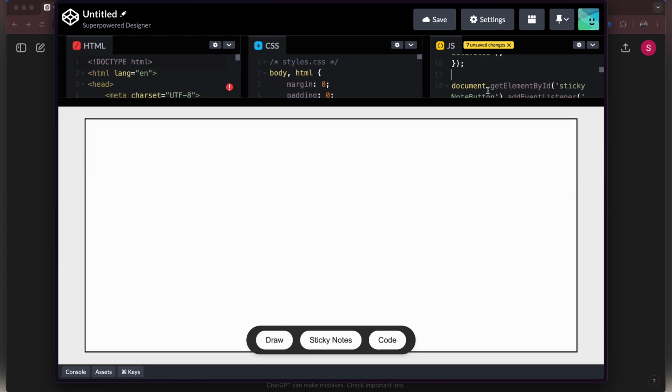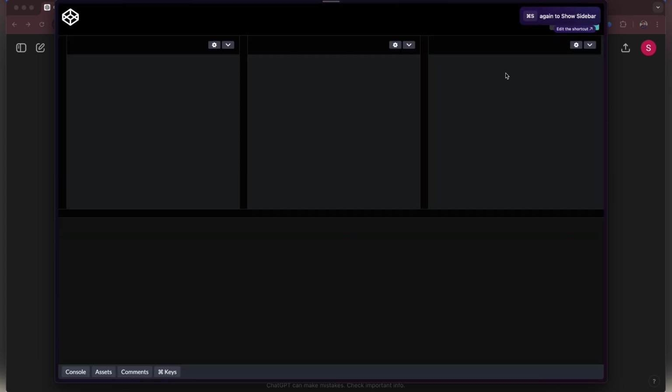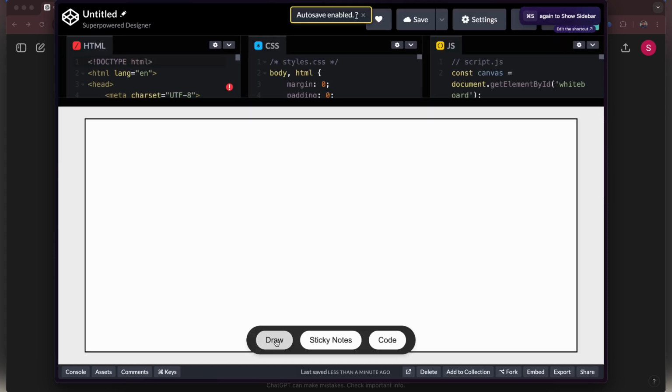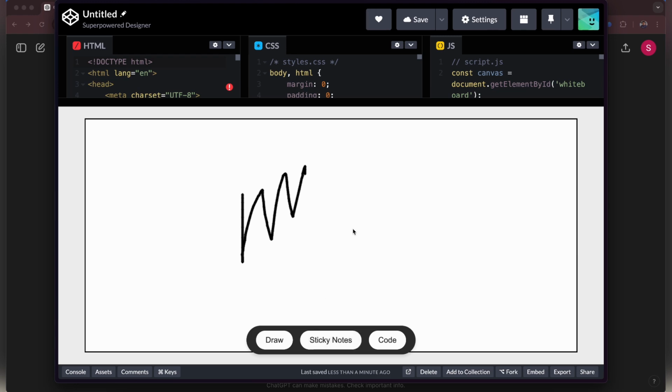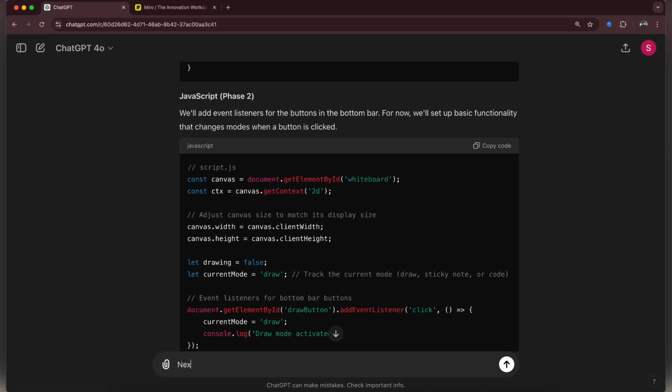So I'm just going to hit Command S or Control S to save, so that I know it has reflected all the changes. Then I can draw. Can I add a sticky note? No, not yet. So next, let's add a functionality to sticky note,